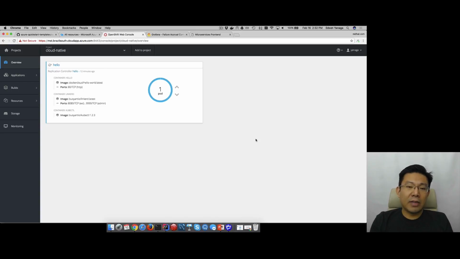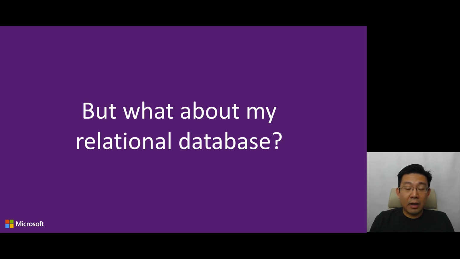So maybe you have that legacy monolith. You don't want to change the code of that legacy monolith. You just want to put it on the cloud, but you want circuit breaking, you want tracing and everything else. You can use a sidecar container for that. You might be convinced by now that you want to use Kubernetes and OpenShift and sidecar containers for your platform, okay? But talking about architecture, one of the biggest questions that I always receive when talking about microservices architectures is,